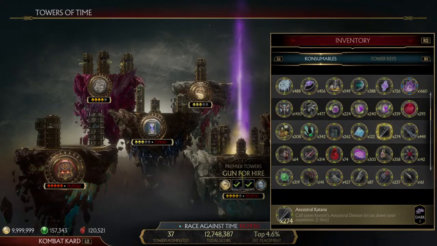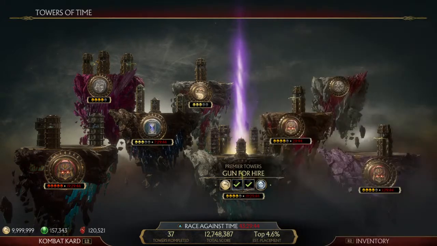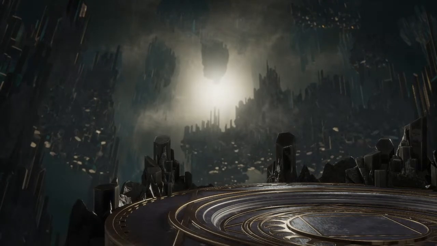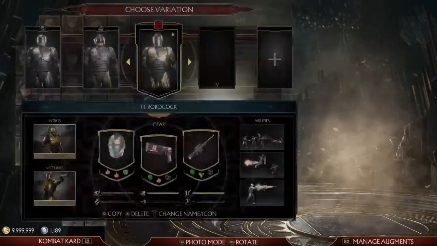Although I've been using a lot of offensive consumables just to get through those stage 6 character towers. They're ridiculous. Alright, so with Robocop, he's got options. He's got options specifically suited to him. And so everything that I demonstrated there, that's applicable to any character. But Robocop has